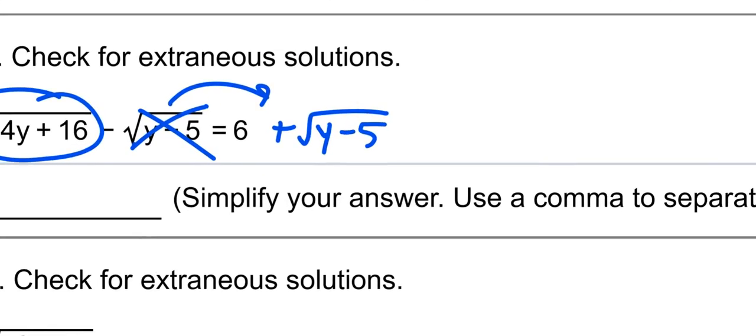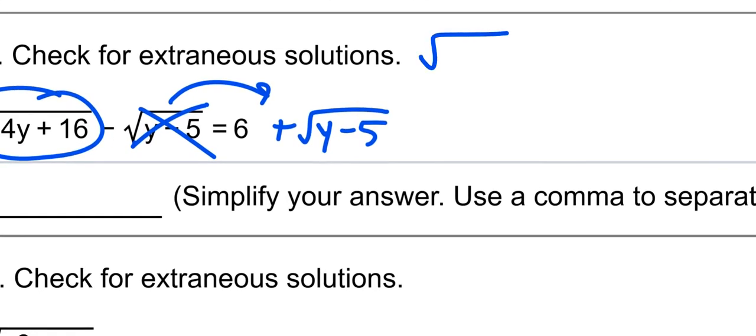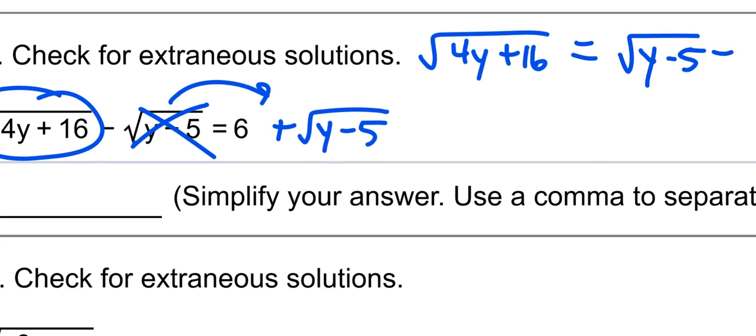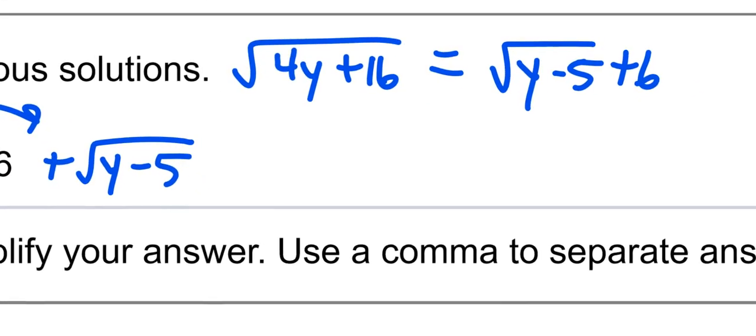Let me write this down over here. The square root of 4y plus 16 equals. Let's do this. Let's put the radical first and then the plus 6 after it. I know those can't be combined together. So you might say, okay, Mr. Staley, you told me to get the radical by itself, but I got two radicals and then this extra stuff right here. So I can't really get the radical by itself. So this would be an extra credit question. So if you square both sides,